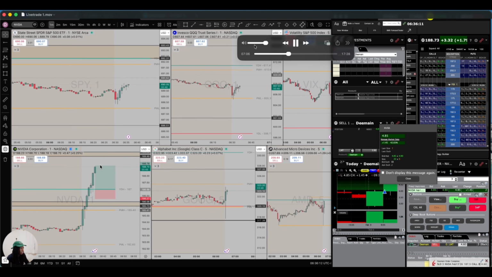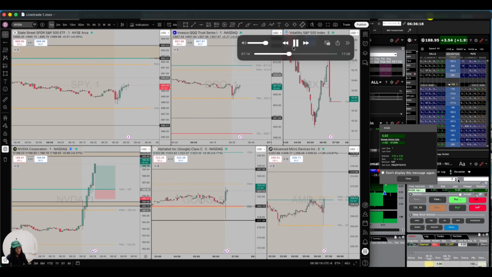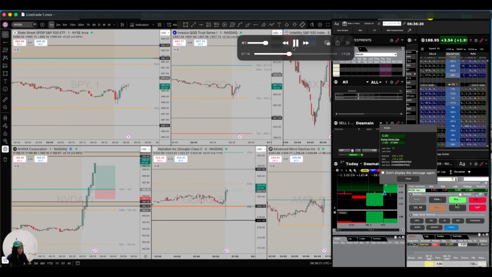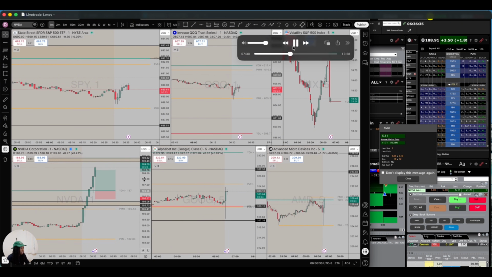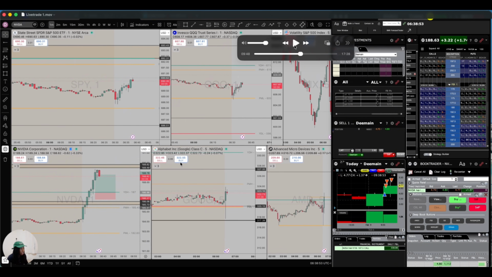Nice. Let's see. Gonna look to take one off. Nice, hitting my targets. Closing order filled. One more contract. Let's see, once it hits my target, I'm gonna get out. As you can see, target hits on this, and I ended the day with about